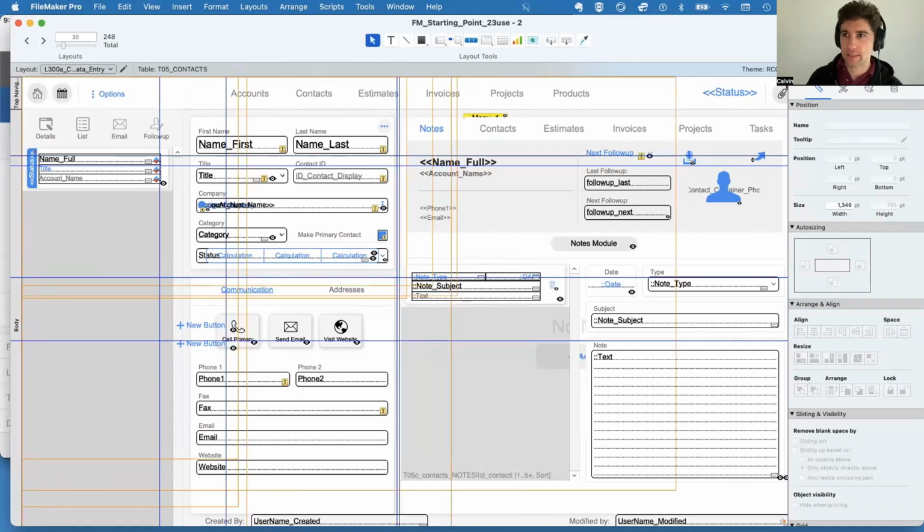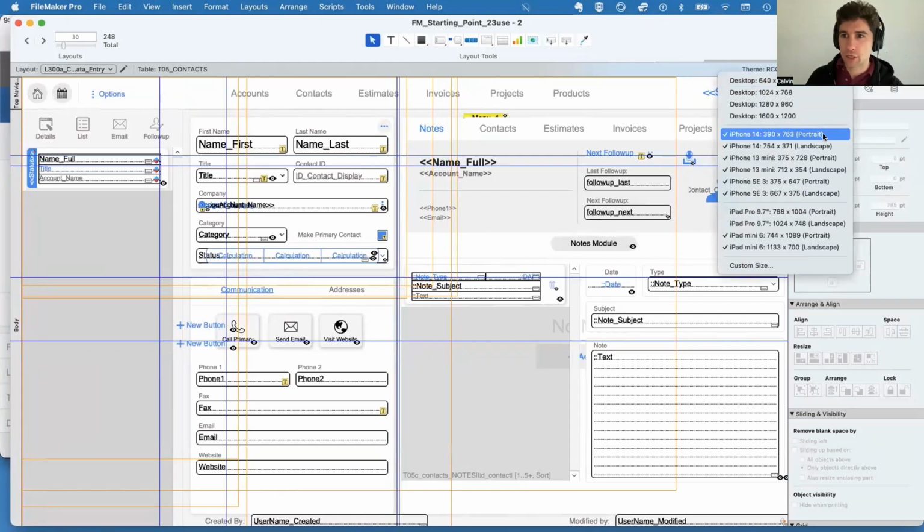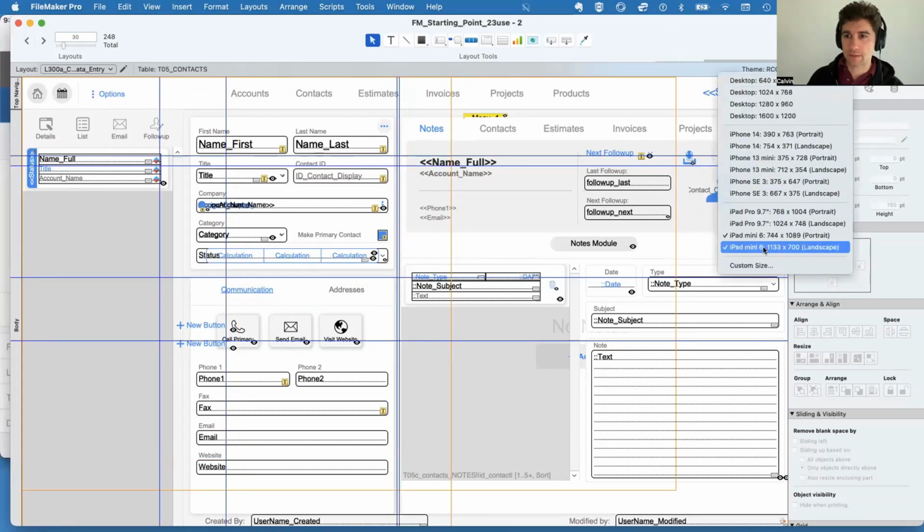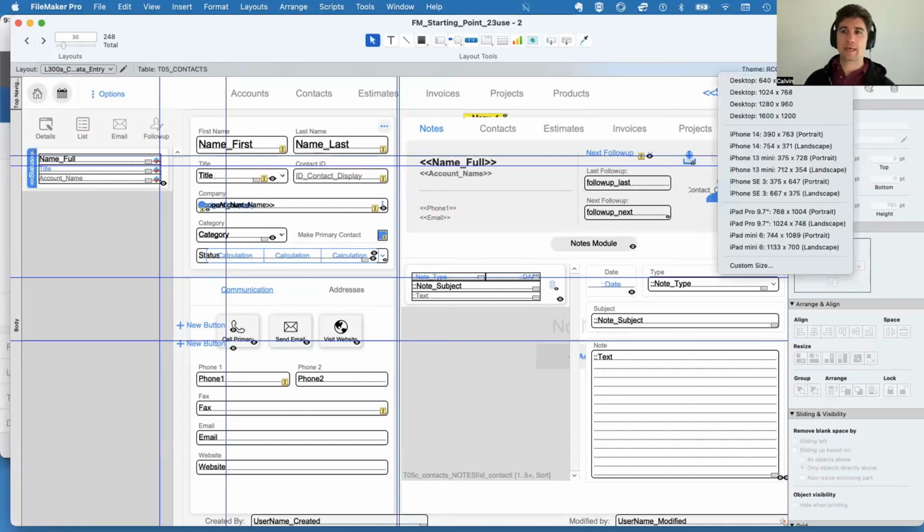If you select the arrow down next to it, you can highlight which sizes you want to appear on your layout. What these do is put a stencil on the layout so you can see how big that screen size is to compare your app to. So we've got desktop